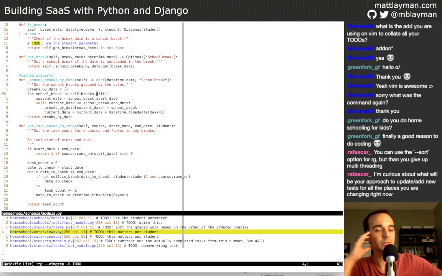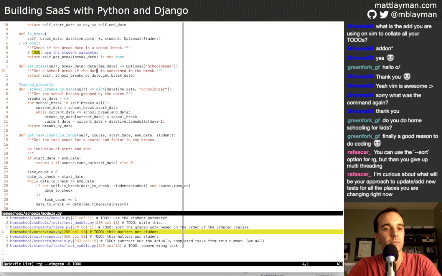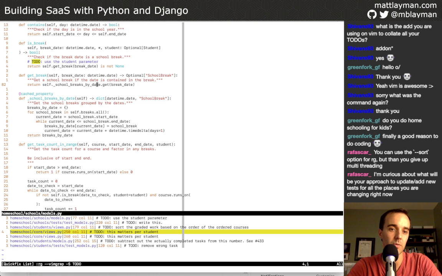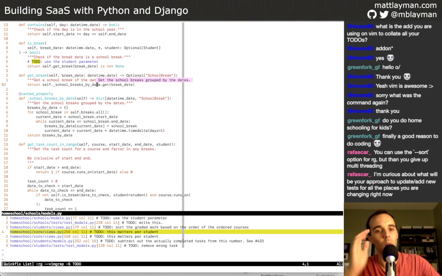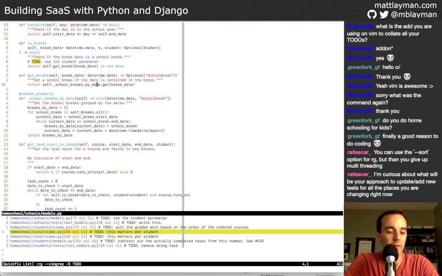So we're going to have to insert a layer between, and that layer, like right now, this get break is doing a lookup on a single dictionary. But I think what I want to do, because it's not going to be too much extra work, is to have 2 levels of dictionaries. So one will be saying like, use the student as the key into another cache.